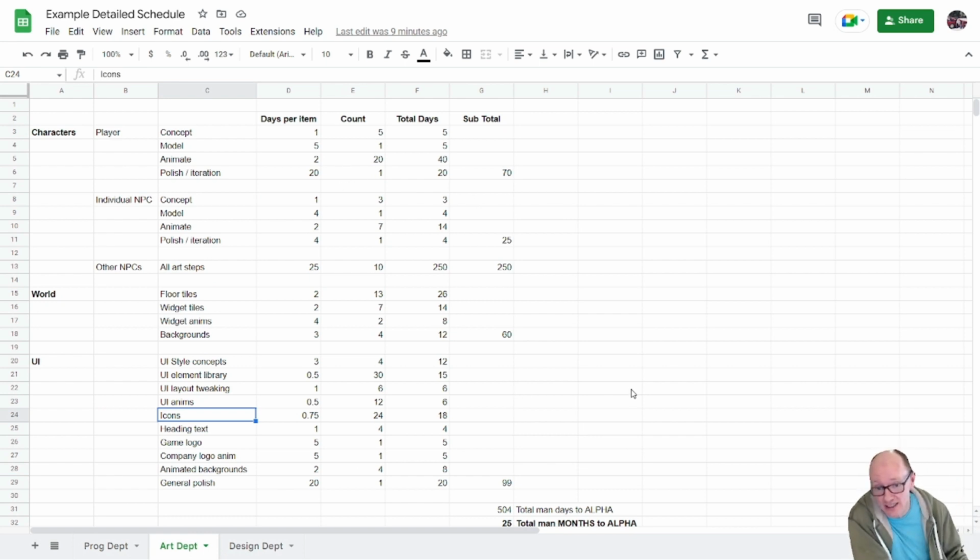You're going to look at this and say, all right, where are we spending all of our time? And a quick glance says, well, UI is pretty big. We spend a long time on UI, and world some but not loads. Player's kind of expensive, but the player does need to be good. But the elephant in the room here is other NPCs.